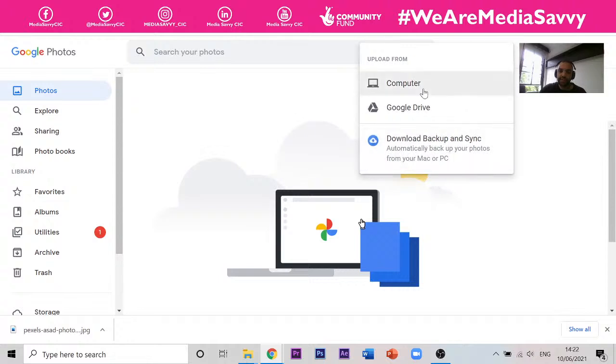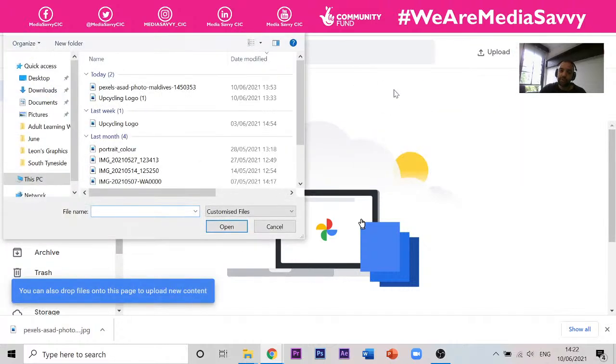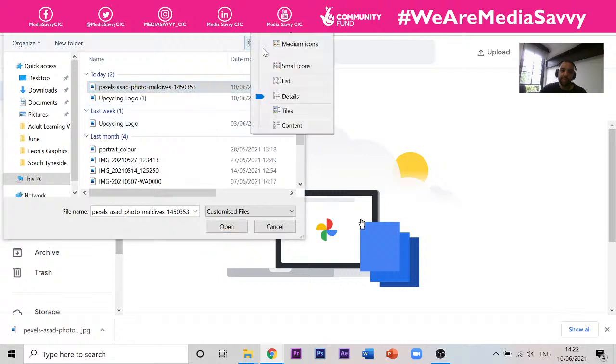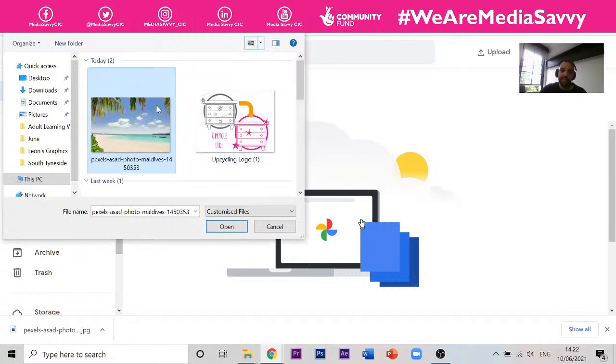I'm going to click from, so there we can see now we can bring in an image from Google Drive. So we'll do that one in a minute, or we can upload it from our computer. So I'm going to upload this image that was in what we downloaded recently. Okay, and I'll just quickly show you in the view this image here. So I'm going to upload that,